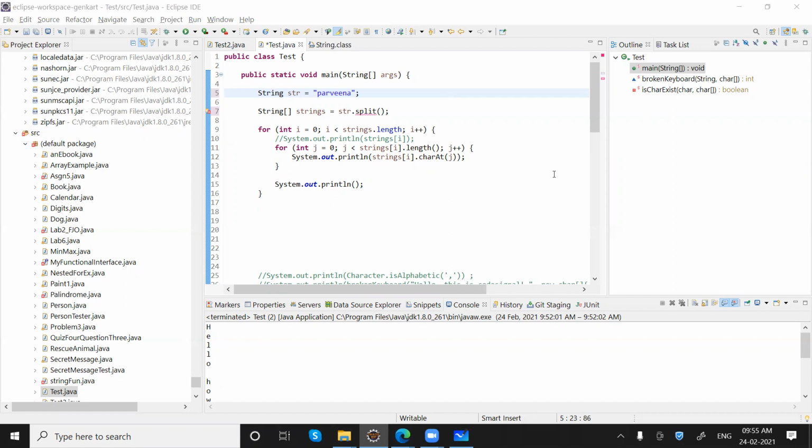She wants to make the first letter capital, like P as a capital. Okay, so that doesn't really need a split. We can get the first character using the charAt method. Yes or no? Yes, Anuj. If we want the first letter, we can use charAt.